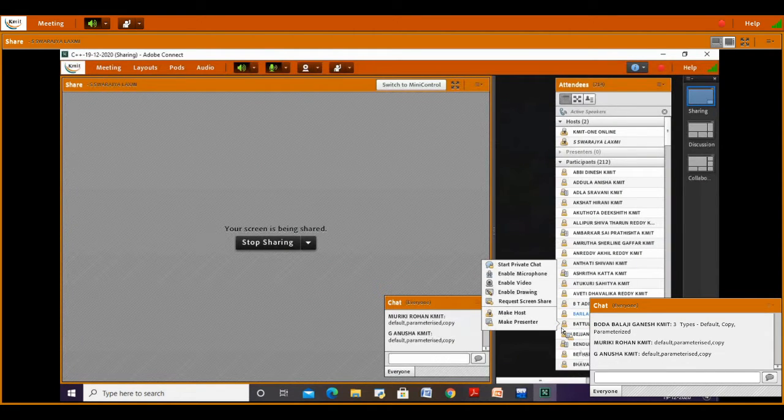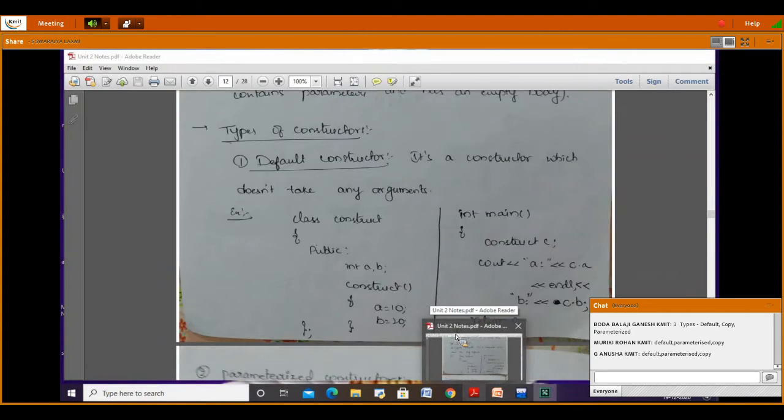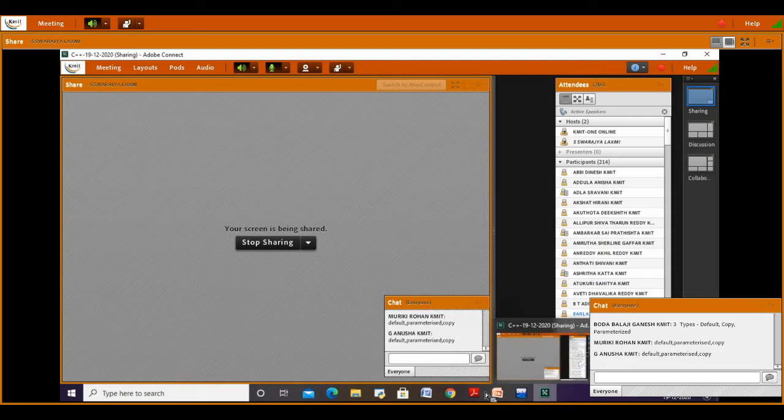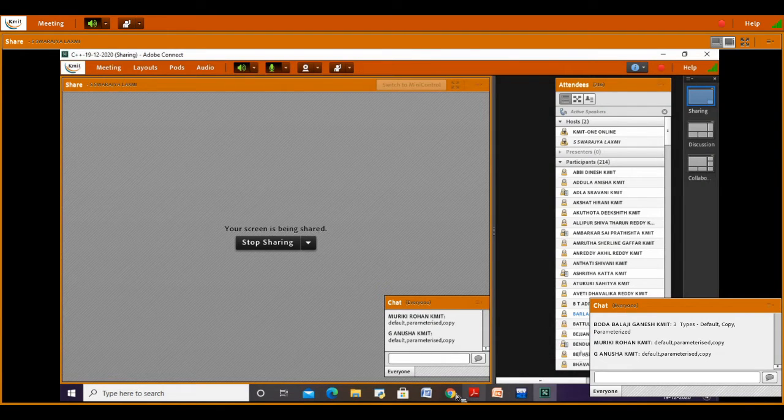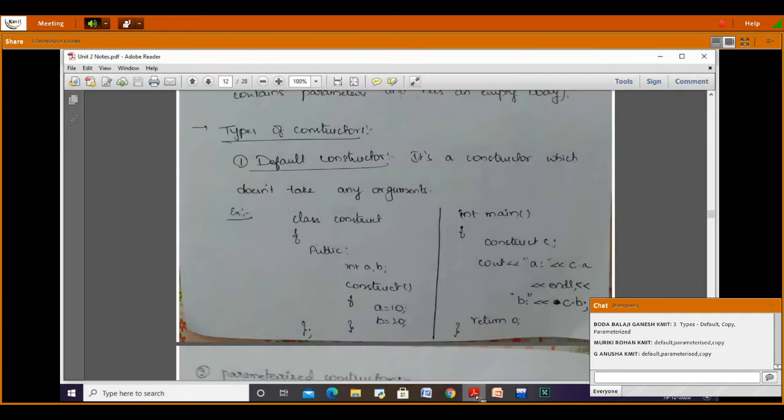Okay, we have three types of constructors. The first one is the default constructor, the second one is the parameterized constructor, and the third one is the copy constructor.